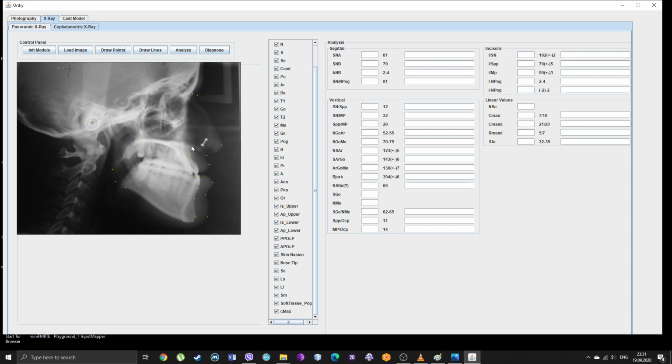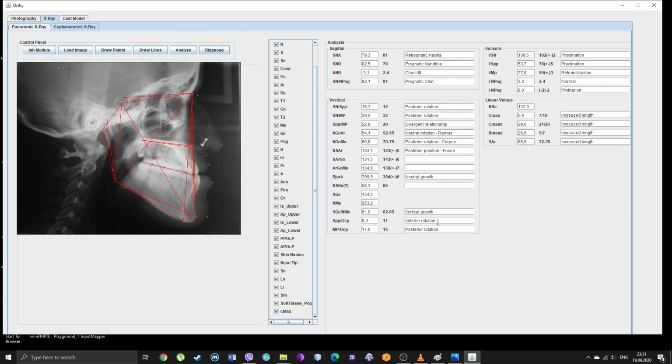Yeah, why not here? It should be a bit more posterior, but never mind. So we draw our lines. See, perfect. Everything is drawn. The analysis is here, and this is the diagnosis. Okay, class 3 patient,